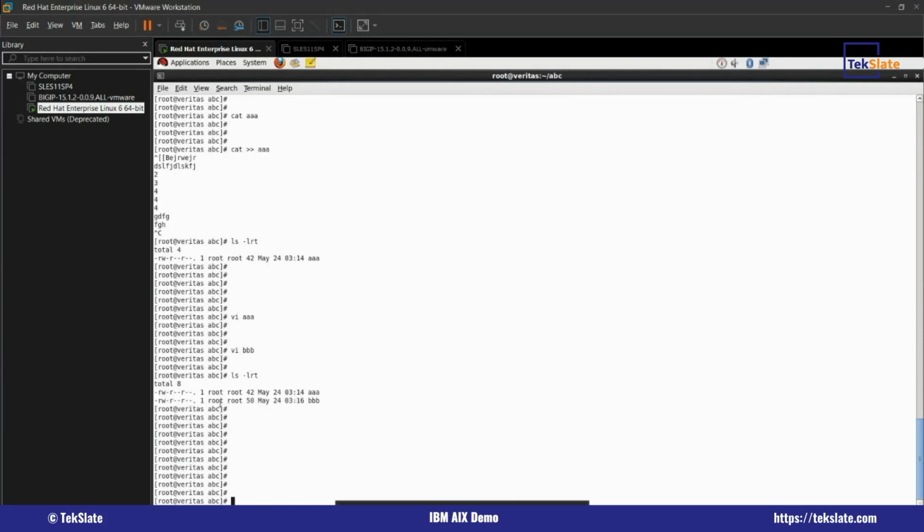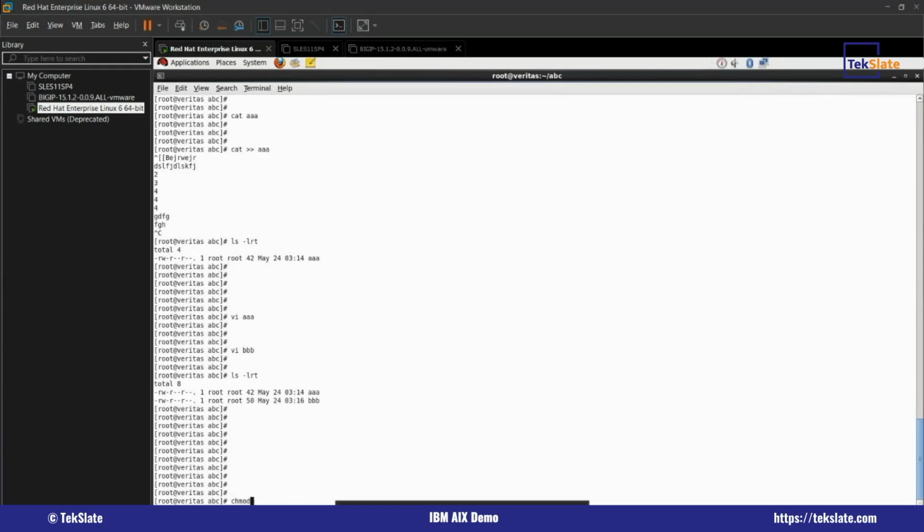Now you may have a question here: in ls -lrt, why does this look like this? What is this rw and r? It is nothing but the file permissions. If there are n number of users working in a single project, then what permission I have to give to that particular user, you can set using permissions. The chmod command is there to give the permissions. If I don't want that particular X user to see my file, then give only read permission. Like this you can give using the command